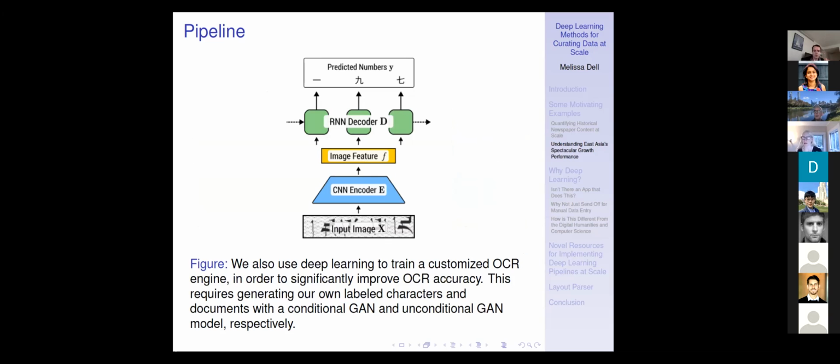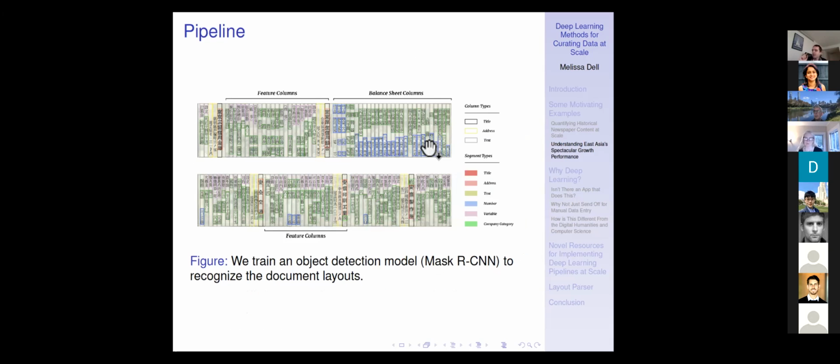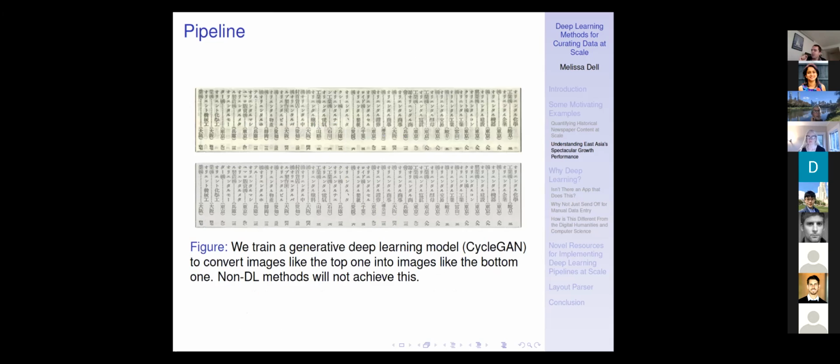Quick question. Yep. Can you go back one slide? One more, sorry. So for this step, how did you create the images which are without the